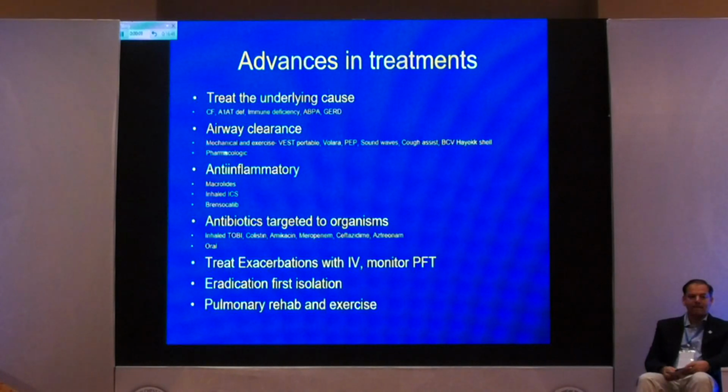The treatment advances, so again, we have modulators and a lot on CF this evening to tell you about all the advancements in CF. The alpha-1 you can augment, so look for these things and be able to treat them, because you can use biologics, you can use immunoglobulins, you can use alpha-1 augmentation, you can also correct this surgically or medically.